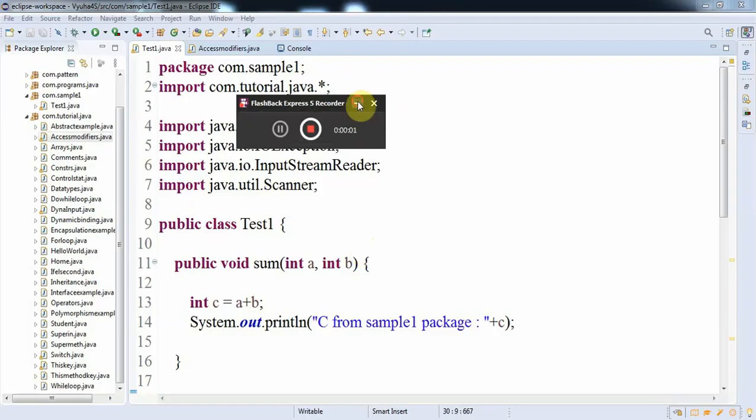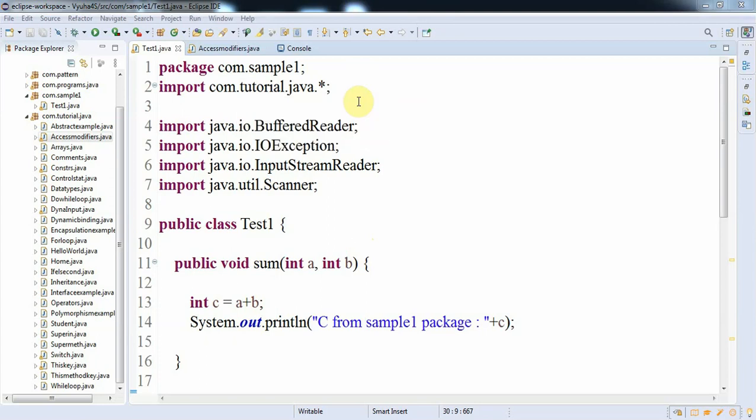In this video, I'm going to explain you about packages in Java. So there are two types of packages in Java. First one, Java built-in packages. For example, we have java.io package and java.util package. So these are Java built-in packages which are already predefined. We can make use of those packages in order to get its functionality. I will explain with an example.